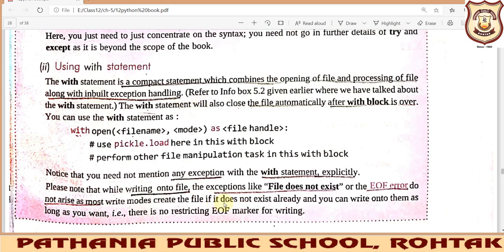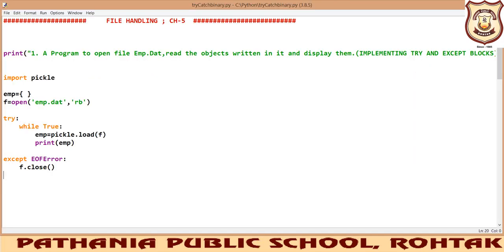Okay, so now let us start doing the practical of the same. So this is our first program. In the first program we have a file that is already existing, because we have to open a file. When we are giving a command to open up a file, that means it is already existing. So we will ensure that this file will exist, and from this file we have to read the data and we have to display the data also. So our main task is to open the file and display the contents.